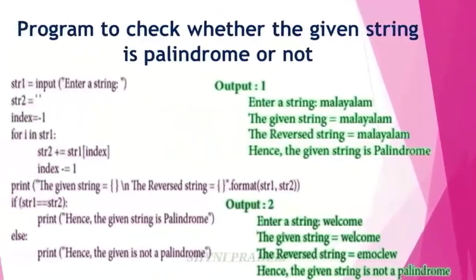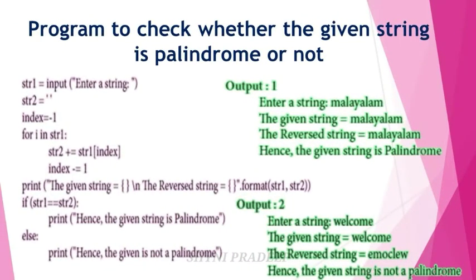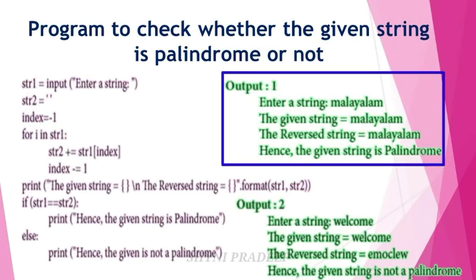Next, let us see the programs using strings. See the program to check whether the given string is a palindrome or not. Here you have to write one string and see the string in reverse order, from the last character to the first character. If the given string and the reversed string are the same, then you can say that the given string is a palindrome. If not the same, then the string is not a palindrome. Okay, so in this code you are entering the string Malayalam. If you write this Malayalam string in reversed order, it is also the same as the given string.